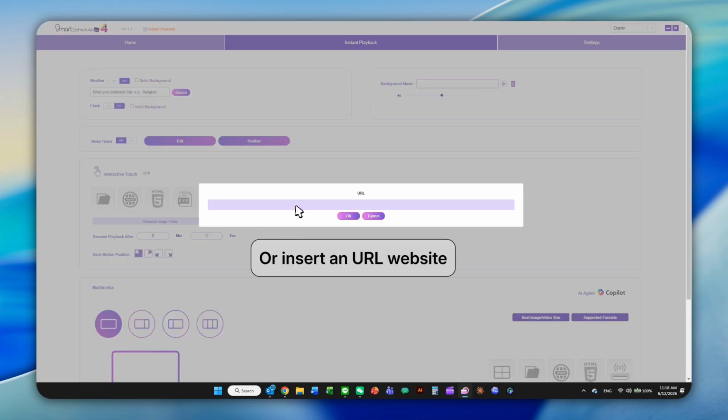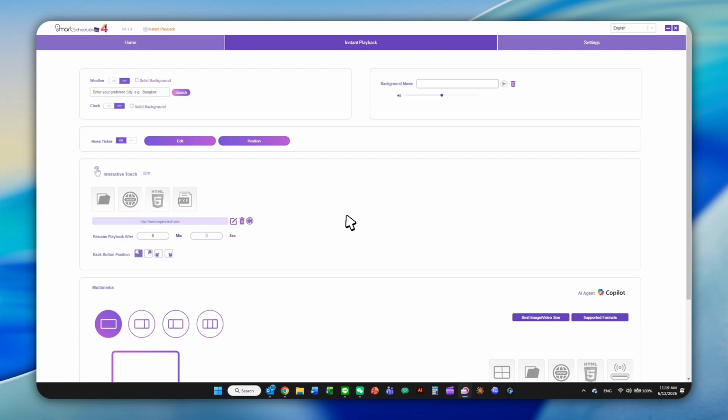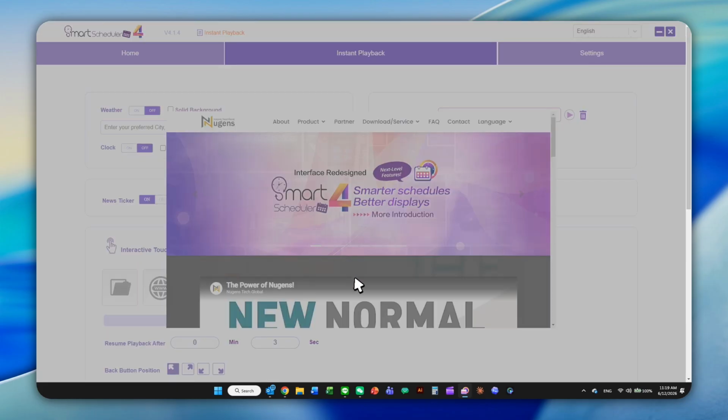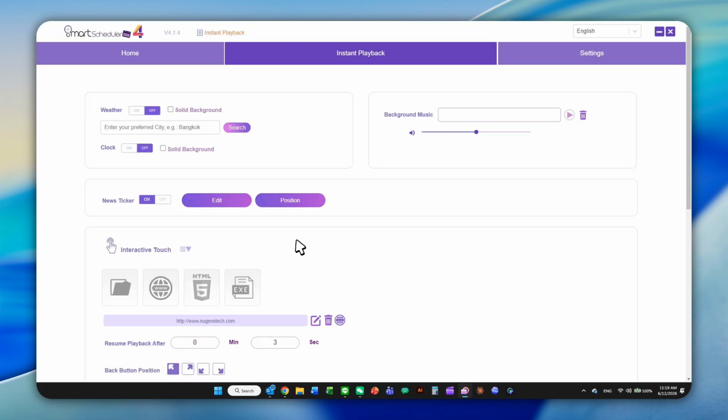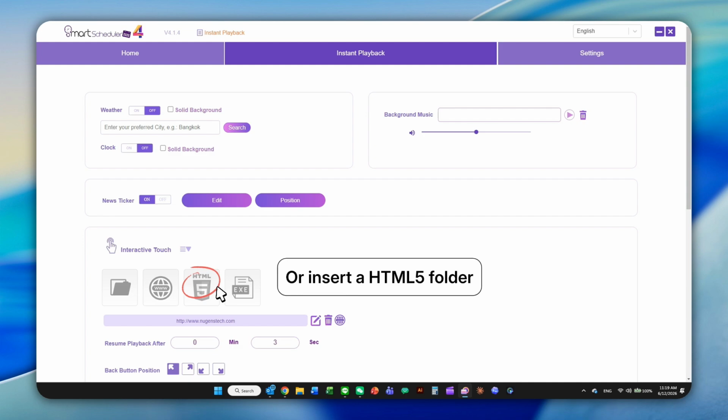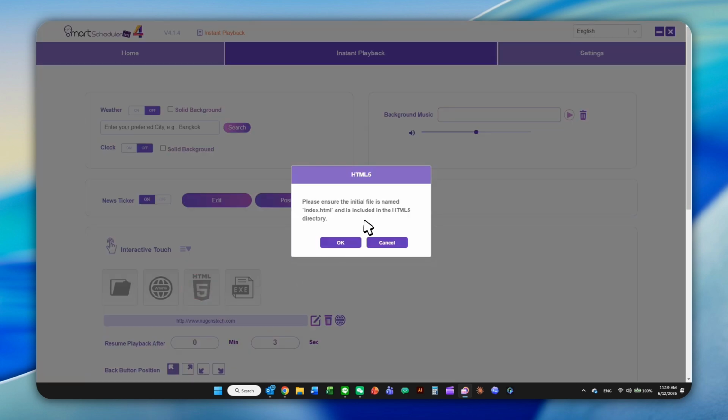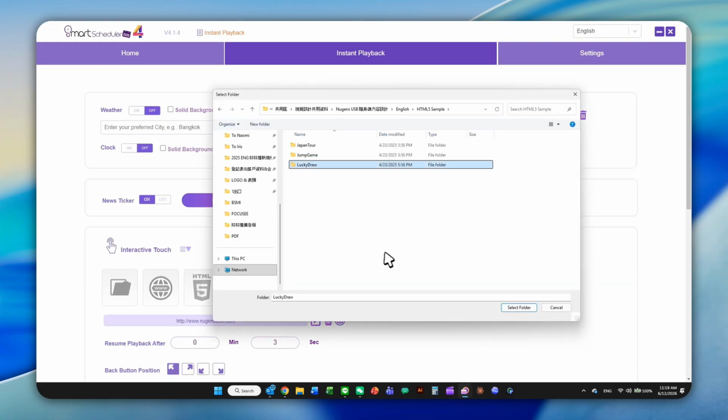To add a website, simply paste the URL link. Click this icon to preview the web page. When using HTML5 content, ensure that the startup file is named indexed.html and is included in the HTML5 folder before